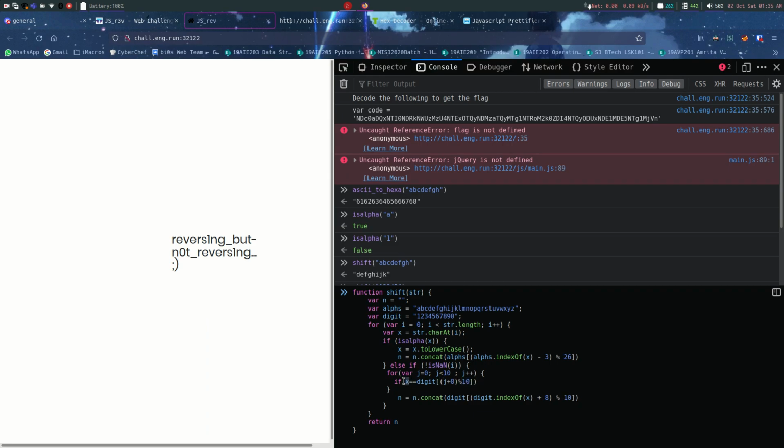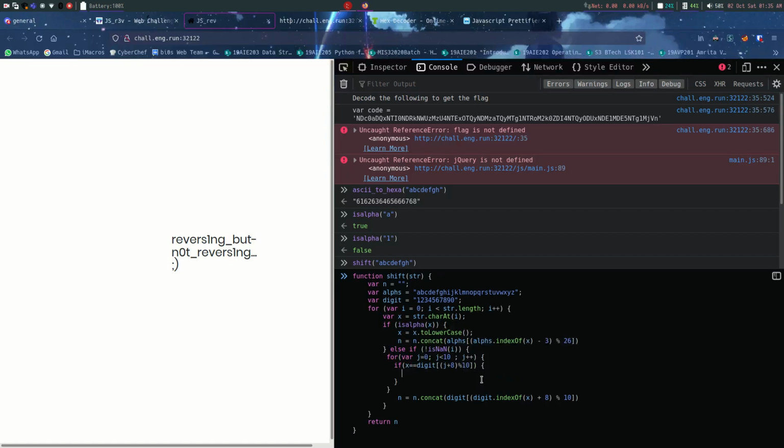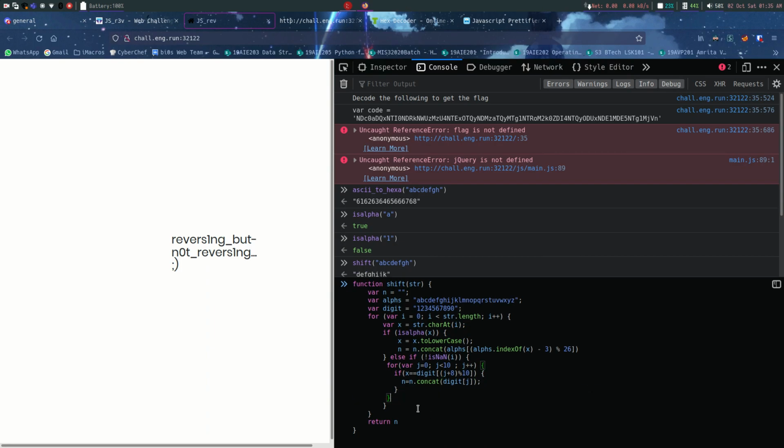We will check that if that equals x, then n equals n dot concat digit of j, and we can delete this line. Then we can give it another name. So this will reverse that logic.